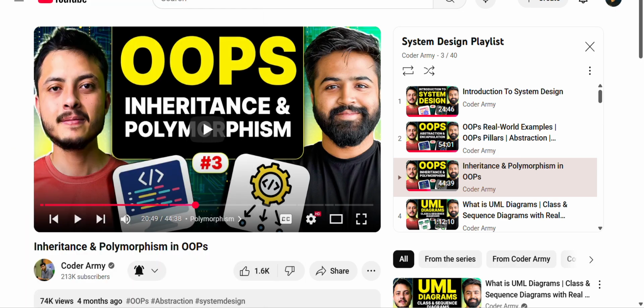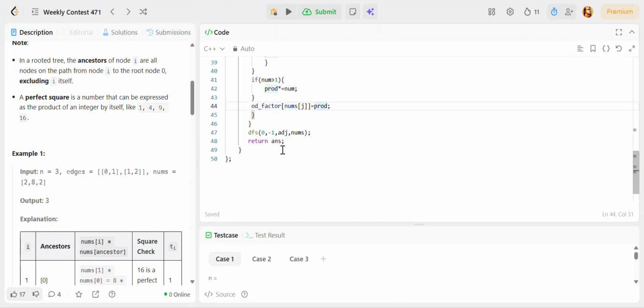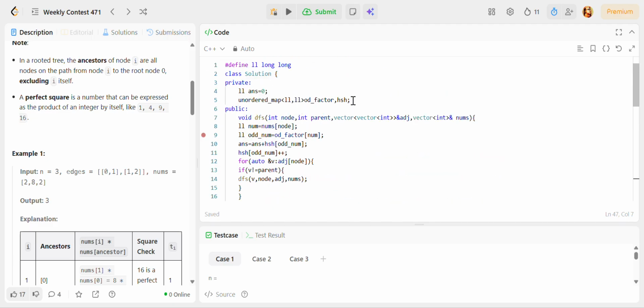Let me show you with the code. So we have performed DFS. In the DFS, first of all we have initialized a hash map and answer as 0, and there is a node, and odd num is the odd factor value. Each time we are coming to a node we are updating answer as answer plus hash of odd num,